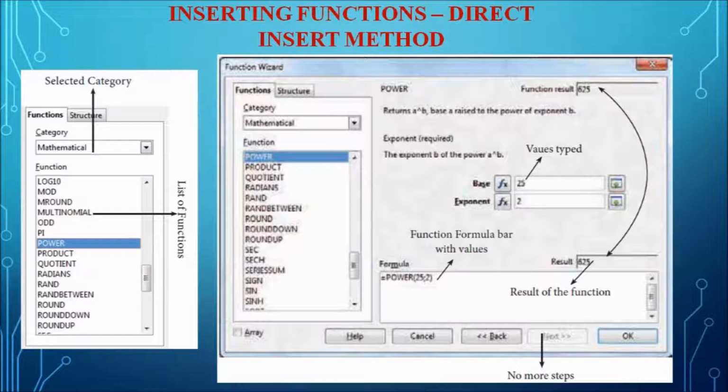So if the user wants the sum of the values from A1 to A5, we have to place the cell pointer in A6, the next cell, where we want to store the result, and there we have to type the formula. So it is equal to SUM of A1 to A4. If the user wants to add the values from A1 to A4, the user can use this range. This is the range 1.